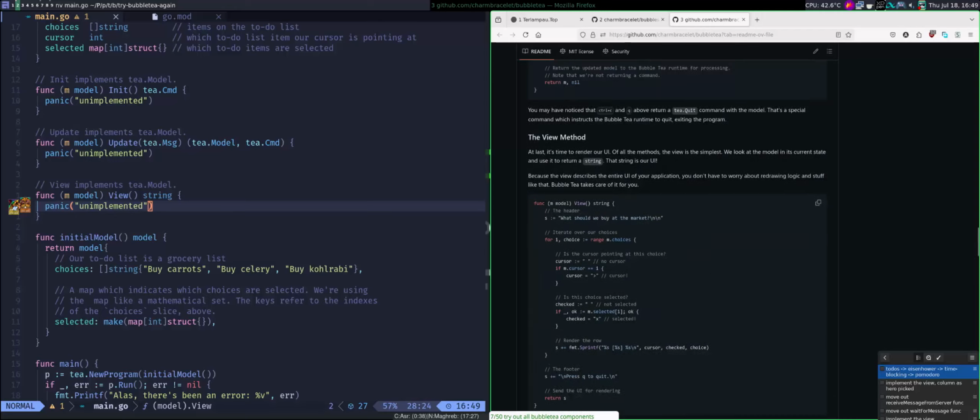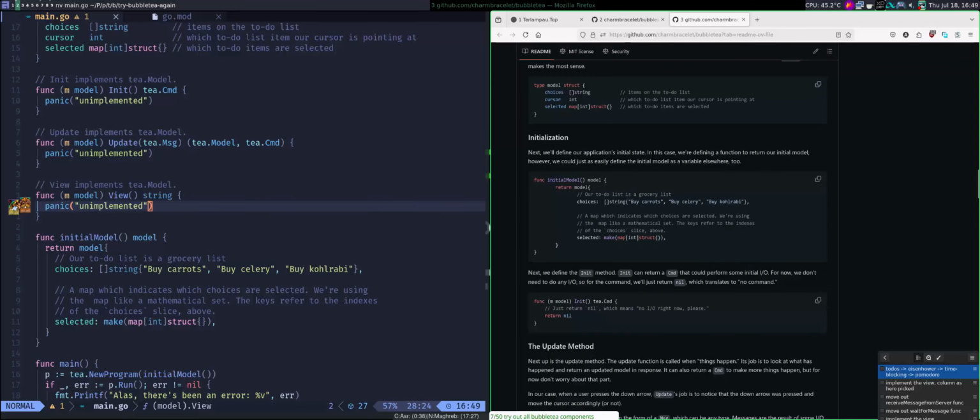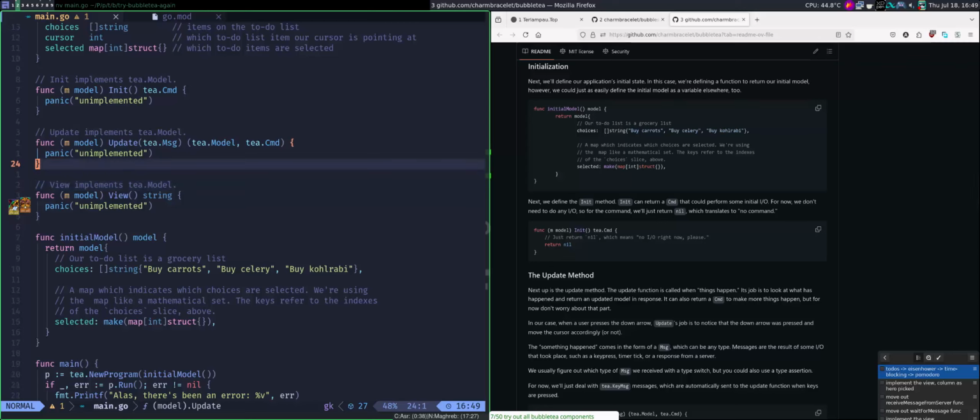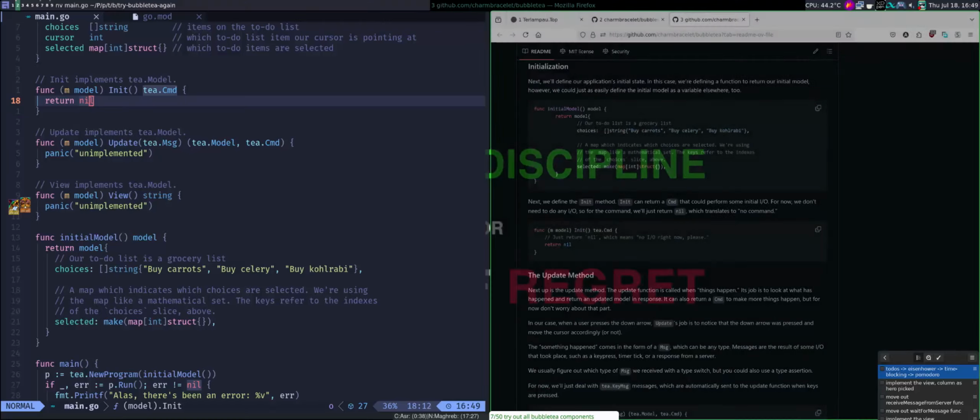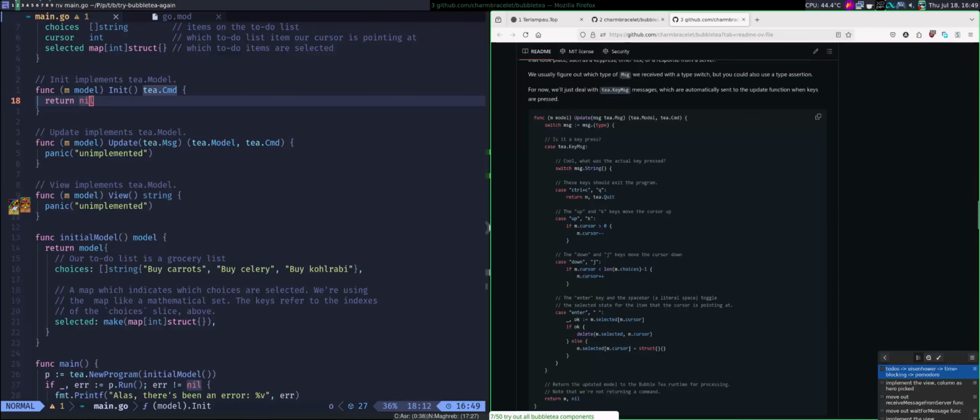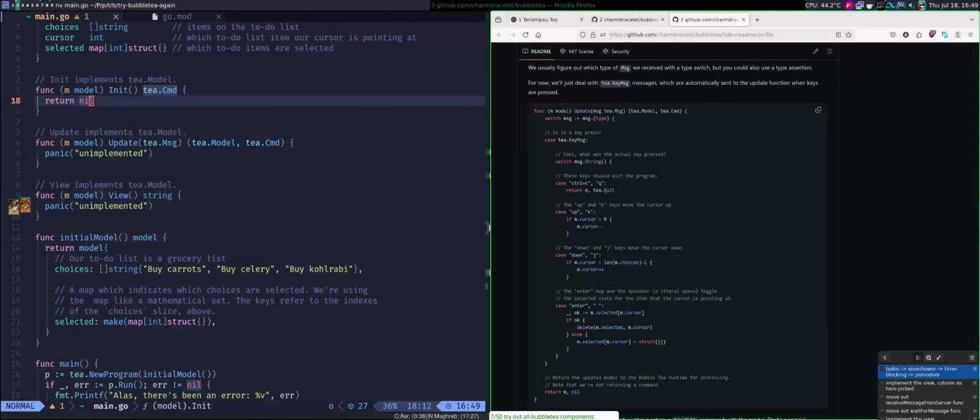So let's see the example. First, we can just ignore the init method by returning nil. And then the update is the thing that is going to change the result.